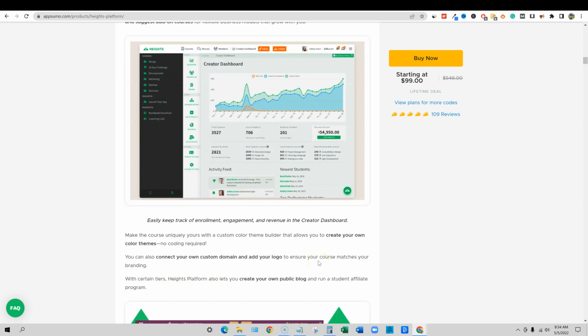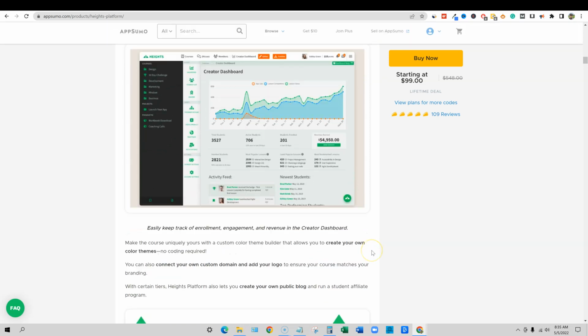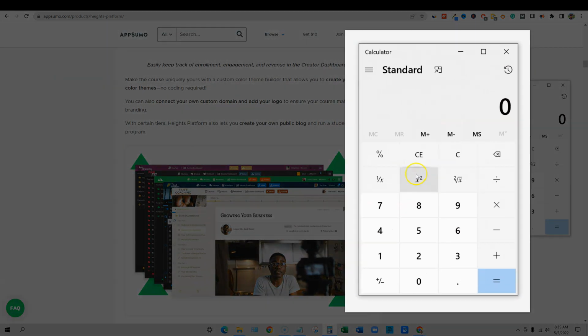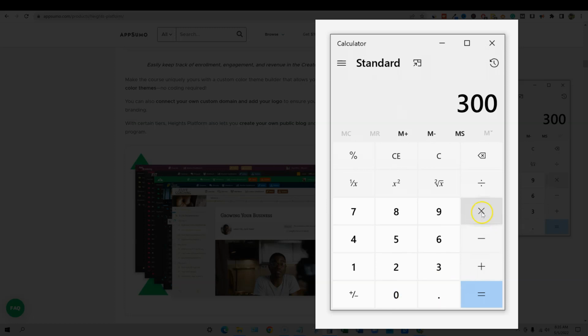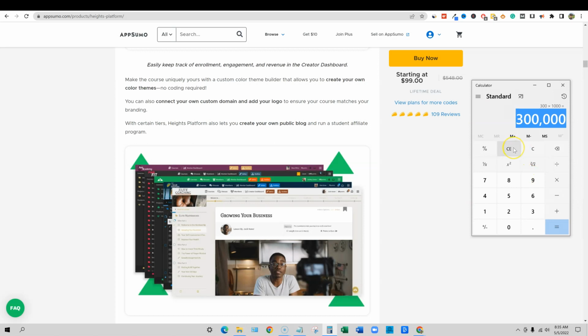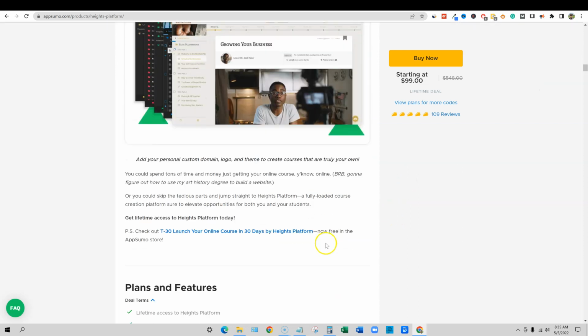You could have about 1,000 students come into your platform, and about 100 students enrolled. And if you're selling your course for, let's just pretend, $300 times 1,000 people, then you would have $300,000 right there, and maybe 100 of them are actually active at any given time. So don't let the small amount of active students scare you away.